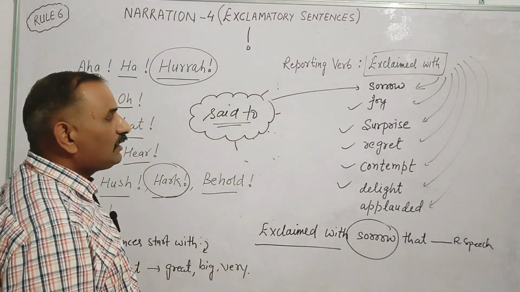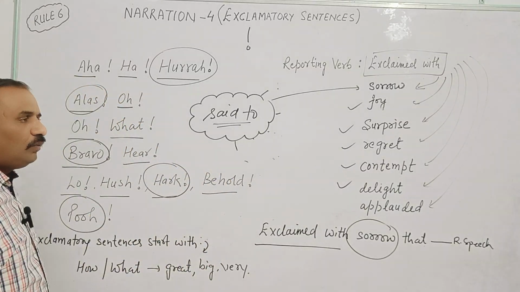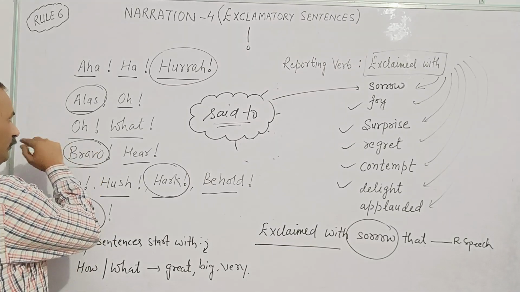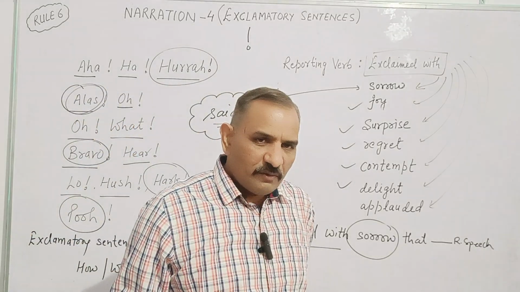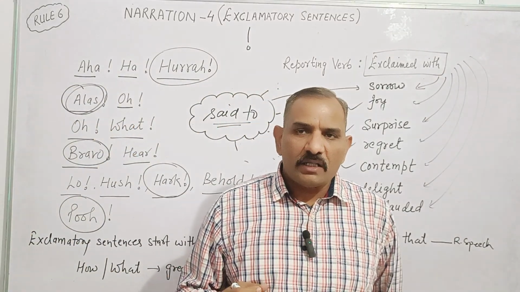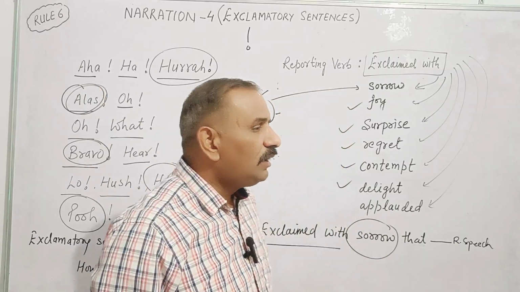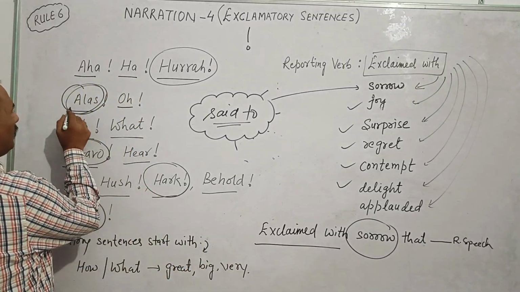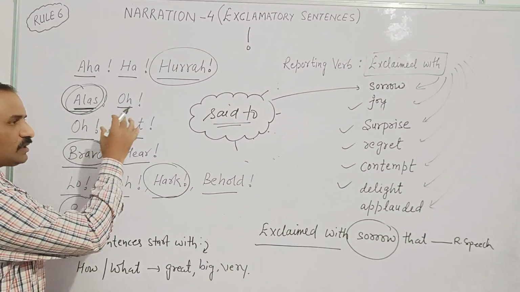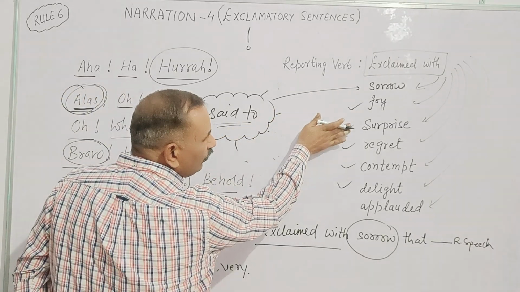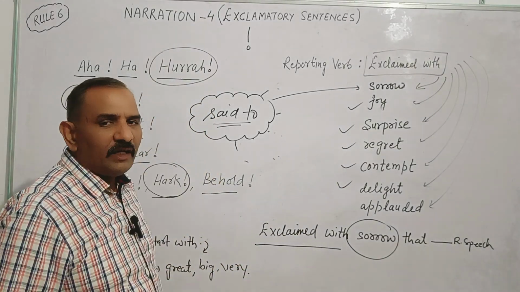These are the words that you will use for the exclamatory words. Suppose we take "alas". Alas shows sorrow. Alas, my dog died last night. Alas, the old beggar died. Alas, I lost my money. It shows sorrow. So according to the situation, you will choose any one word for the exclamatory words.